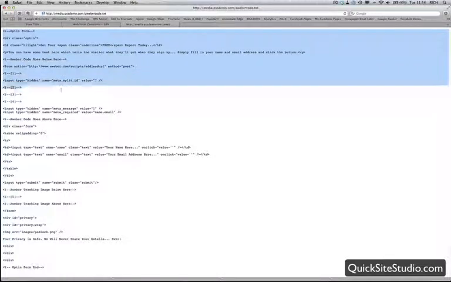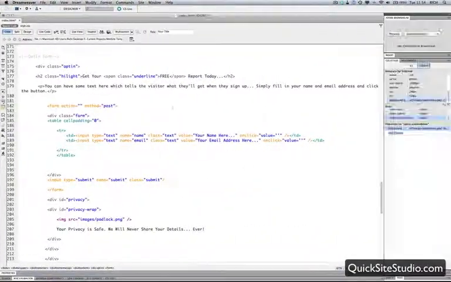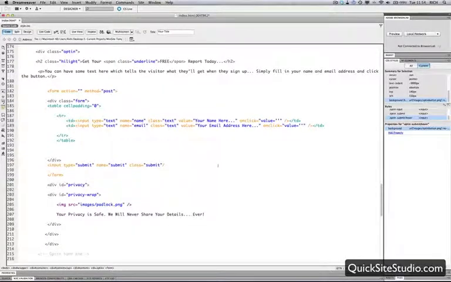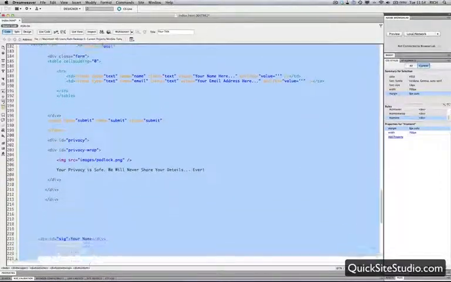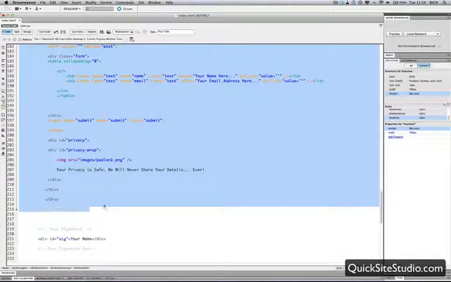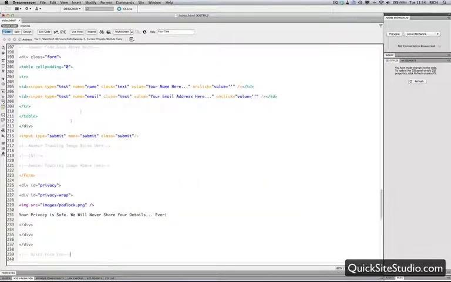So if we select all that code from our web browser and copy that, now head on back over to our HTML editor. Now the free mini site template will already have the Optin form pre-populated in there, but it's not pre-populated for an autoresponder. So what we need to do is delete the existing Optin form. So if we delete that and then paste the code that we've just taken from that web page,